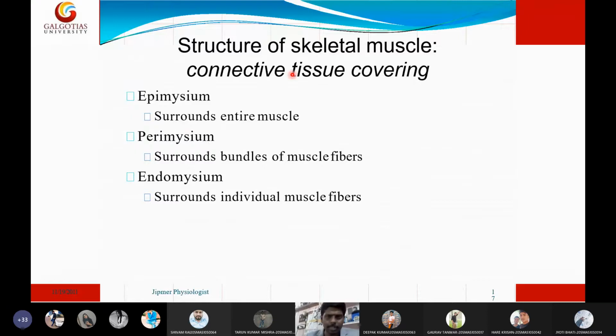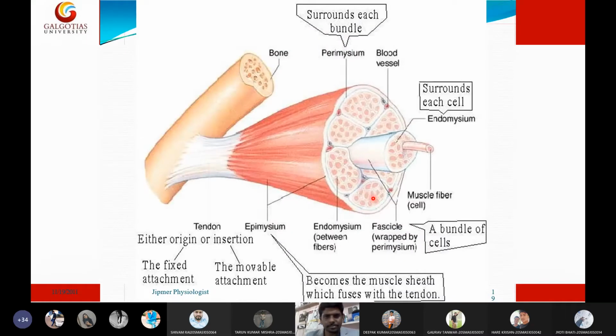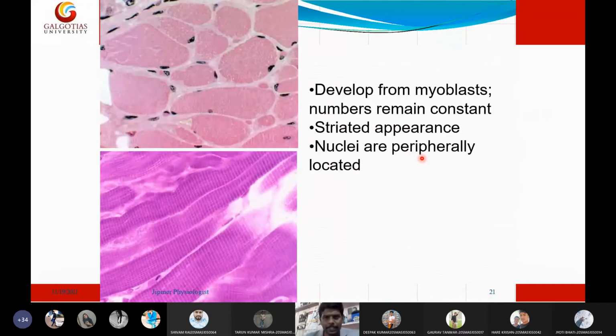That's it. These are the coverings of muscle which we already covered in the previous picture: epimysium, perimysium, and endomysium. This is the complete organizational structure of muscles. This we already finished, right? Muscle is connected to the bone by a tendon, and there is aponeurosis, and the outer layer is called fascia. Inside the fascia you have the epimysium. In the epimysium you have the fascicles. Fascicles are covered by endomysium and perimysium. Then we have the muscle fibers. The muscle fiber is composed of myofibrils. So, the same story.